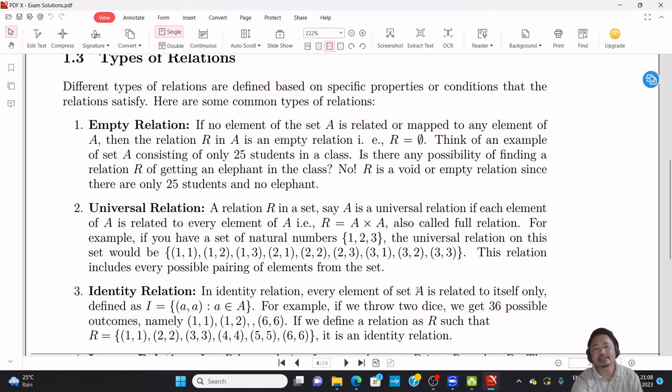Suppose A is a set containing some elements, then identity relation denoted by I is defined as the set containing the pair of elements where each element of the pair is the same. Means (a,a), (b,b), (c,c). If a relation I contains (a,a), (b,b), (c,c), and so on, then it is called identity relation. For example,